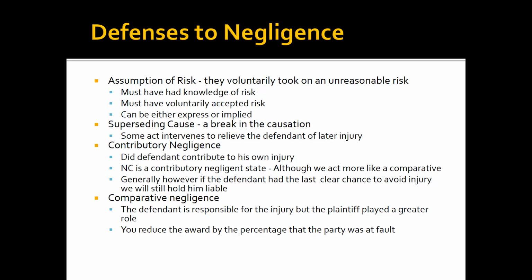The lifeguard's, the kid starts to drown. The lifeguard is still drinking these mojitos at the bar, and a bolt of lightning hits the pool. Well, this is a superseding cause. It breaks the chain of causation and lets the lifeguard off. Now, the next two terms are very general terms, and unfortunately, they're somewhat confusing because they both start with C, contributory negligence and comparative negligence.